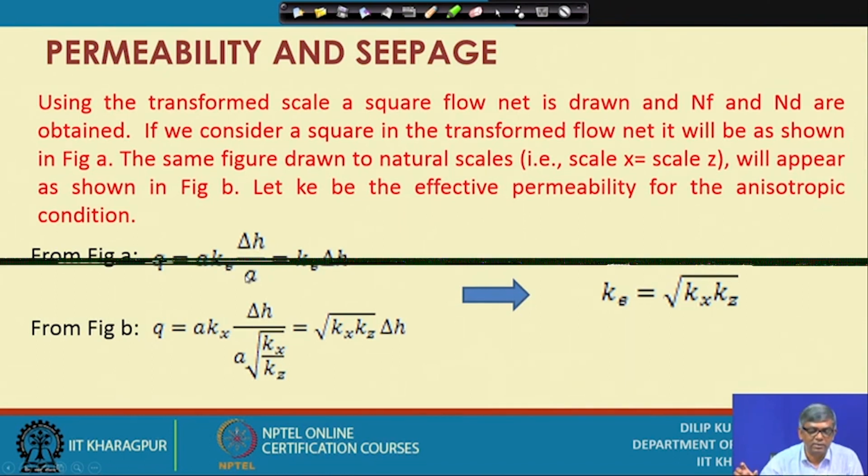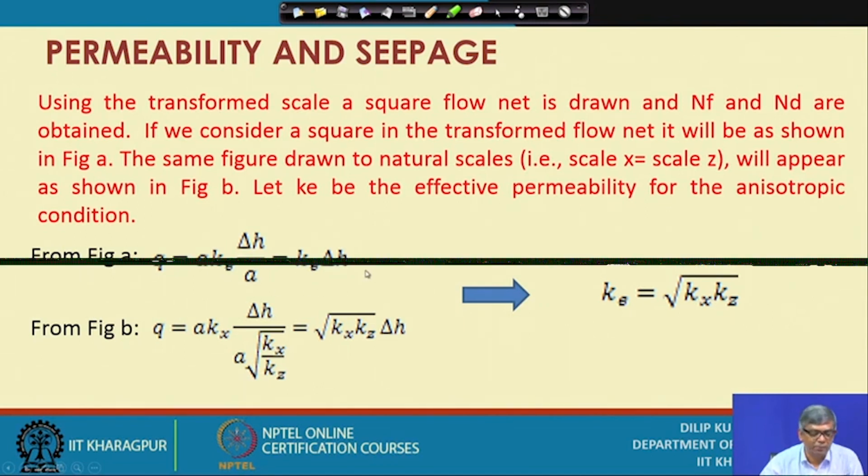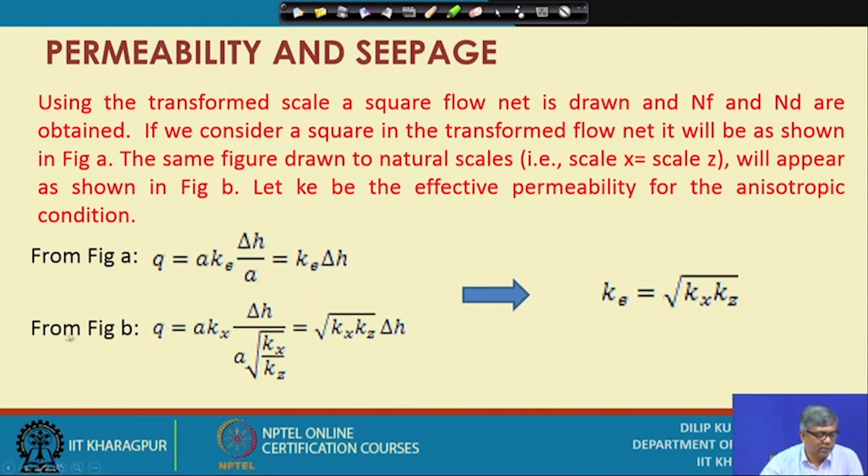Over a distance A, the head loss is del H. So this A gets cancelled, and K E into delta H becomes the Q. And if I consider figure B, that means the original one, then Q